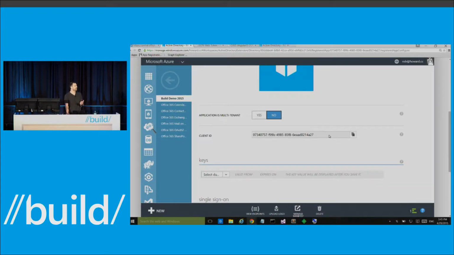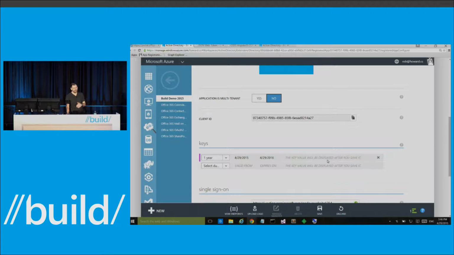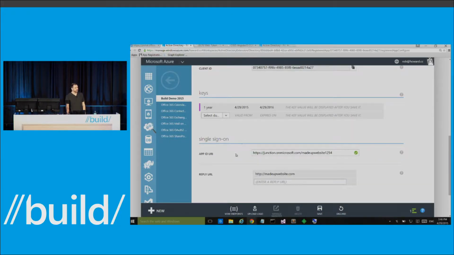You can see Client ID. This is sort of like the username for the application, so this uniquely identifies my application along the protocol. Then you can see keys. This is kind of like a password for my application. I'm going to ask to create a new one. It won't show it to me until I hit save, which is a little bit annoying, but I can deal with it. The next thing I'll see is the app ID URI we already talked about, and then the reply